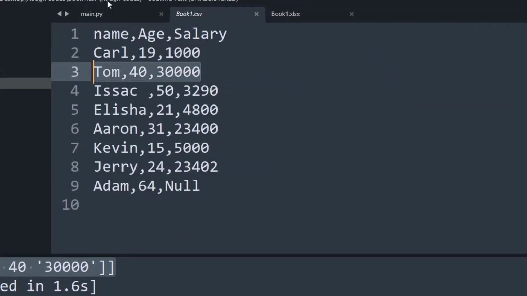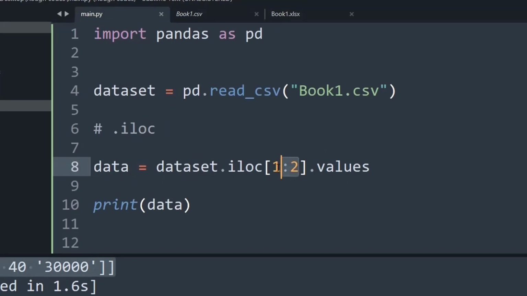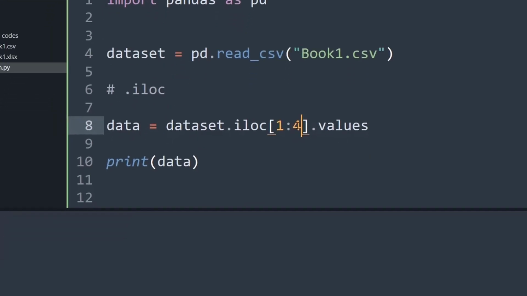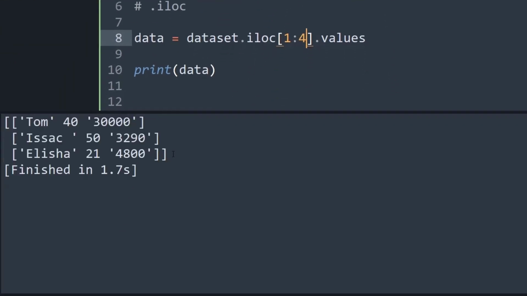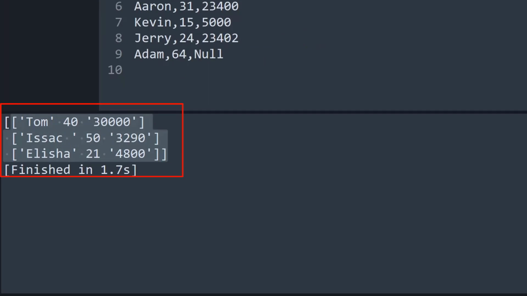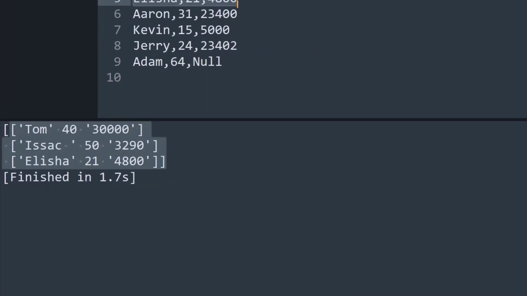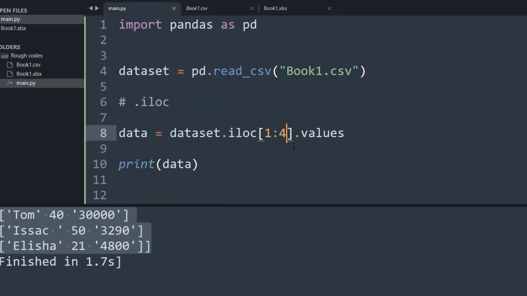Okay, since we slice through this method, if I change the index to 4 and now if I run the program, you can see we are getting the data from index 1 to n-1, till 3. Okay. So based on this slicing method provided by the iloc function, you can slice in any amount of data, and this data will be available in the form of a 2D array or 2D matrix.